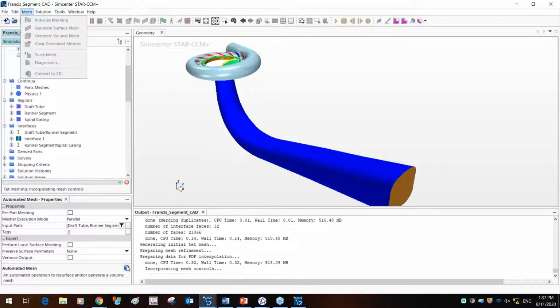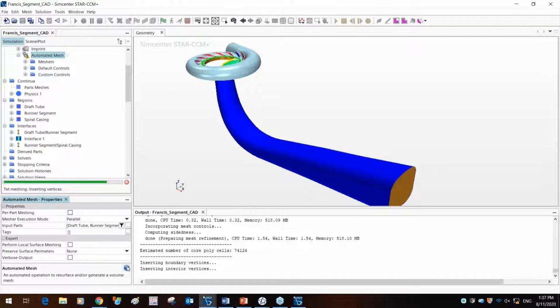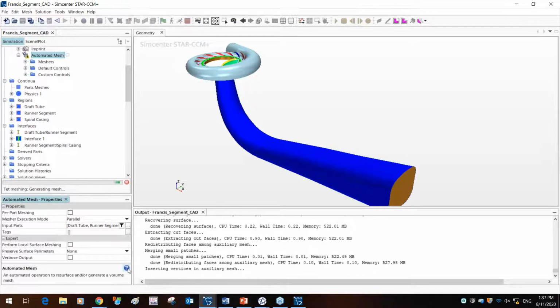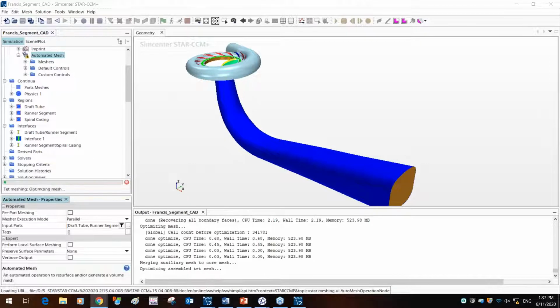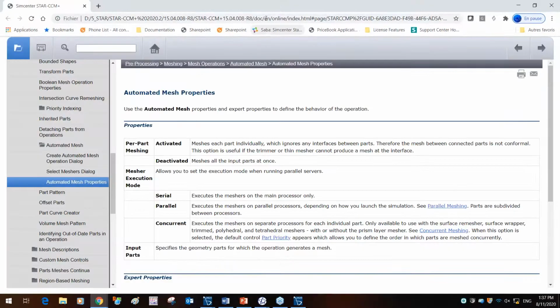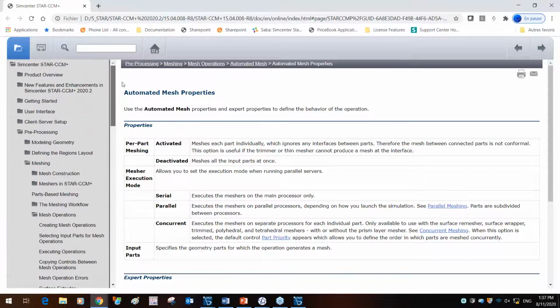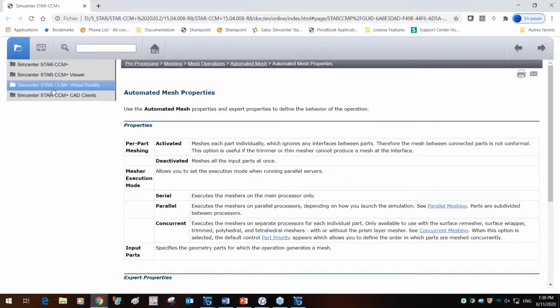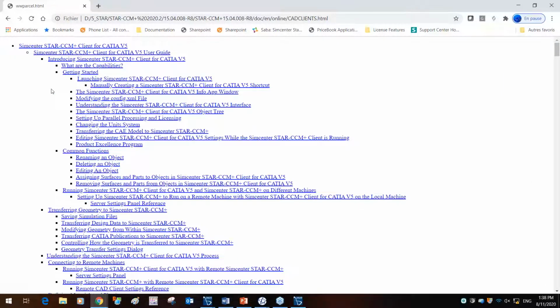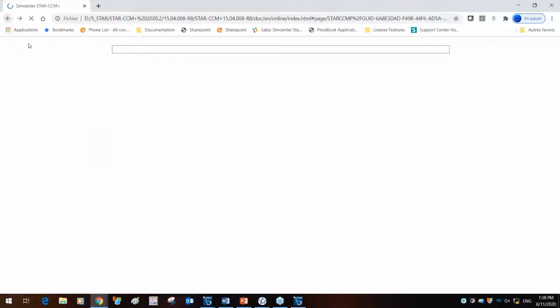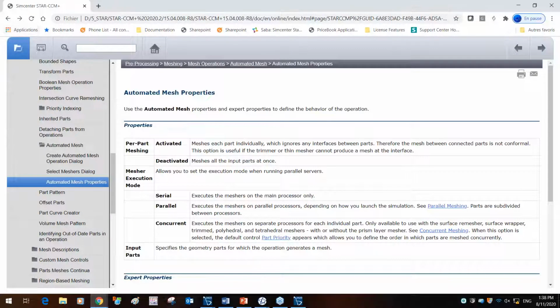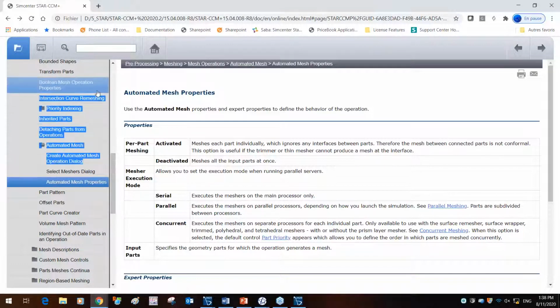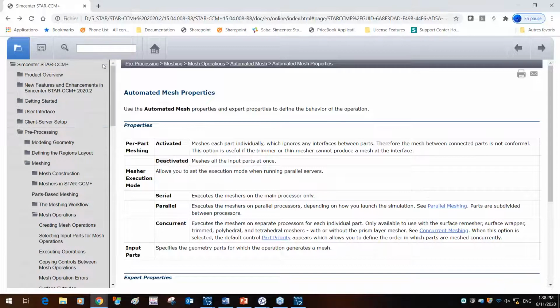While this is running, I'd like to open the help section of Star CCM Plus just to show you some of the features out here. When you hit the help section, you get to the guideline. Within the Star CCM help section, you have three features. This covers the CAD clients, if ever you want to connect the CAD clients, but we also have the tutorials available to you.